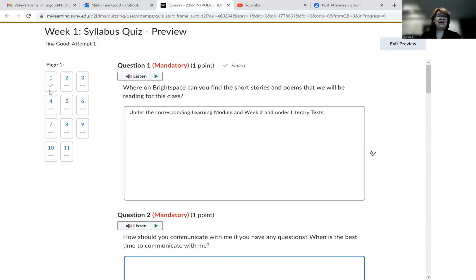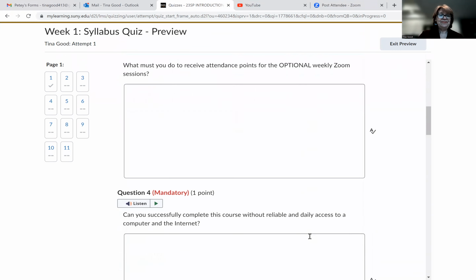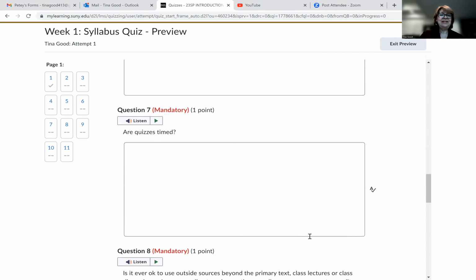Go forward and notice what's happened over here, right? So it shows here that this question has been saved, and it shows you over here all the questions, and it checks off after you've answered them. Okay, but if you wanted to leave now, you could exit this and go back, come back whenever you want and start answering these. And as soon as you have all of these done, right, then you simply scroll down all the way to the end